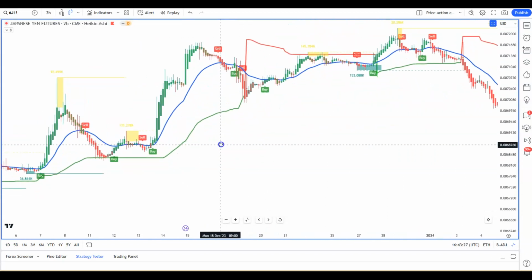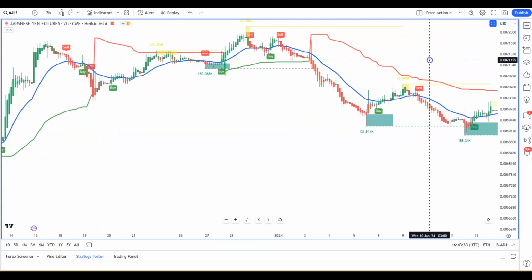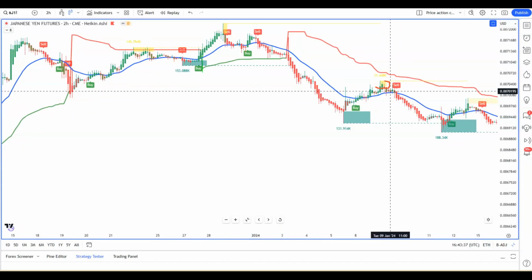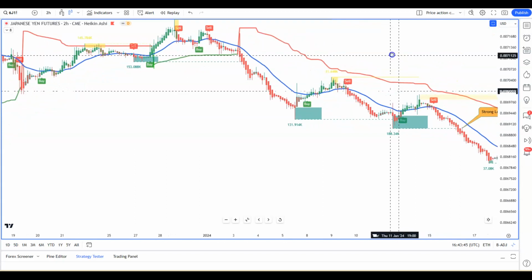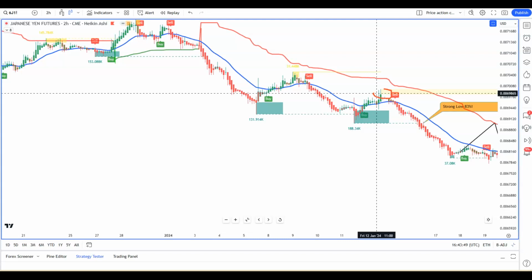Once you get a breakdown of the structure, then you are only looking for sells. Once it's clear that the market structure is down, then you're looking for the price to come into liquidity here. Place your stop above here, and away the price goes. So these are great trading opportunities as the price comes into liquidity. That is your sell there. Stop above here,